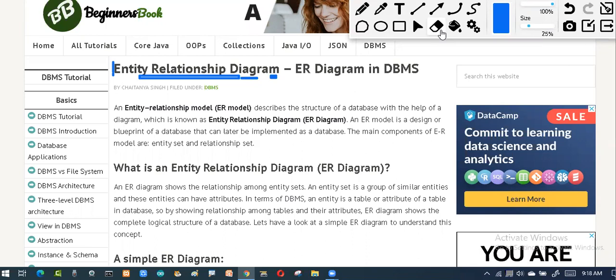For this, we are going to use some pictorial diagrams. We call these the components of the ER diagram. Here we will have the entity set, then we will have the relationship set. First of all, let us know the details about what this entity is. So we know about this particular entity set.